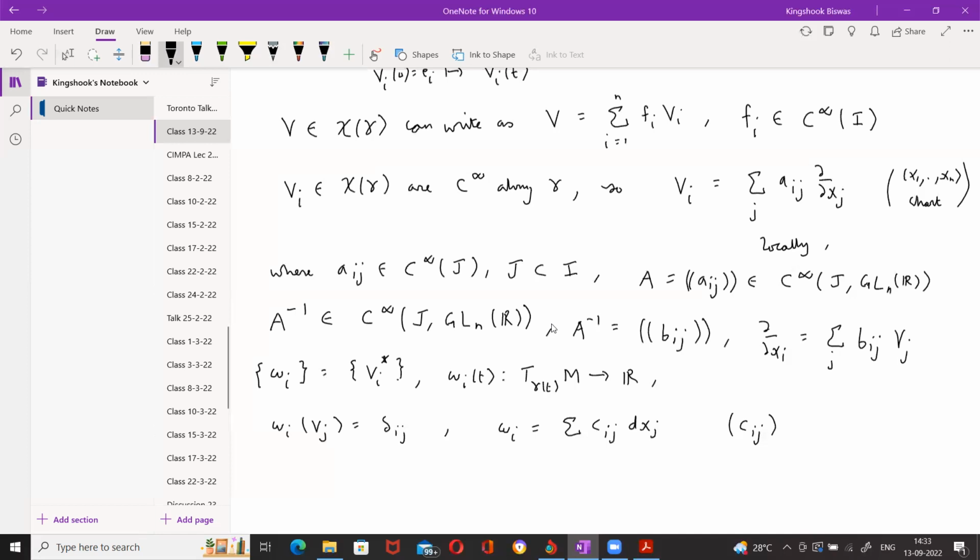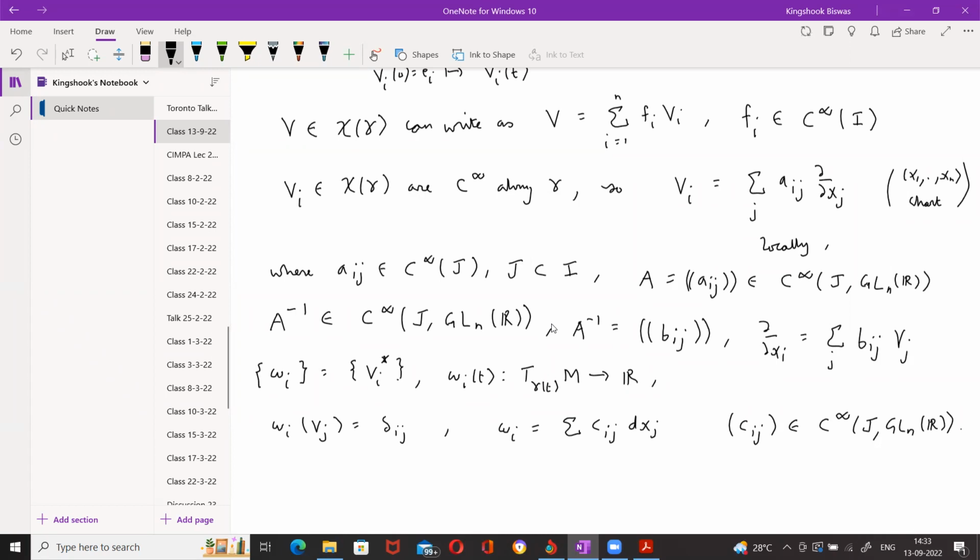So Cij will also be a C infinity map from the interval into GLn R. It's the same argument, yeah. And so the inverse of the Cijs will be smooth. And so the dxj's you can write using the inverse of the Cijs. So dxj will be smooth combinations of the